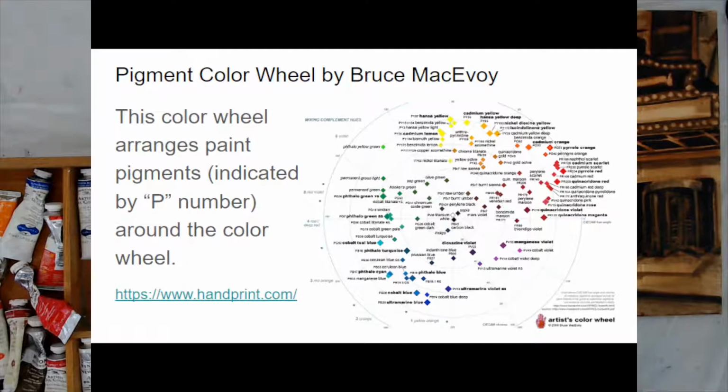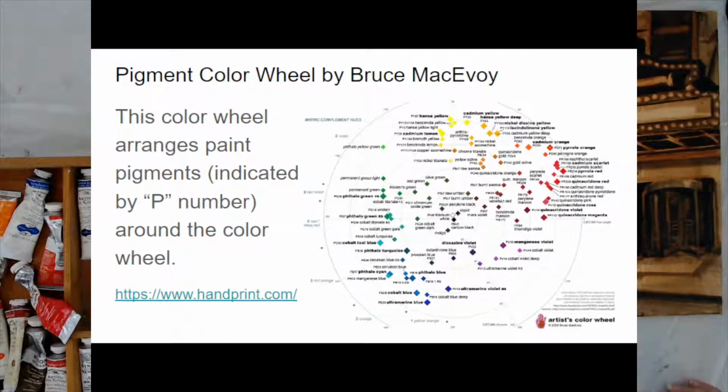And he actually arranged them around the color wheel. So you see how crazy that is. They're all different spots on the color wheel because, again, a lot of tube colors are not pure pigments. They're not even made with one particular pigment. Sometimes they're a combination of pigments. And this crazy wheel here demonstrates the fact that there could be more than one pigment in a pre-mixed